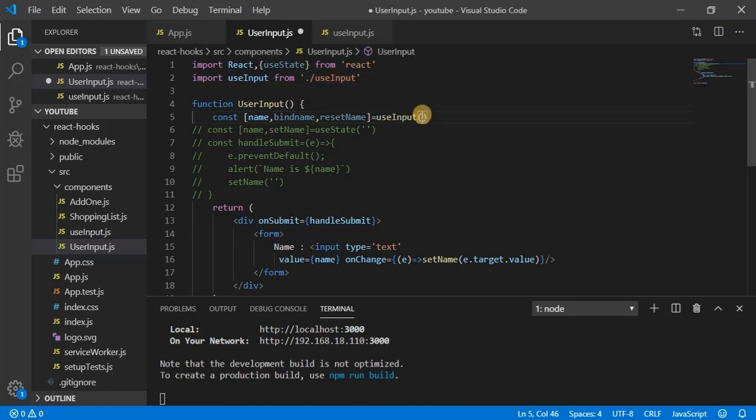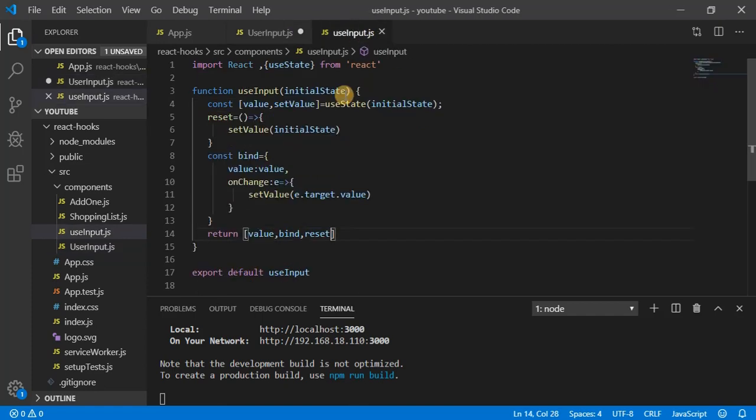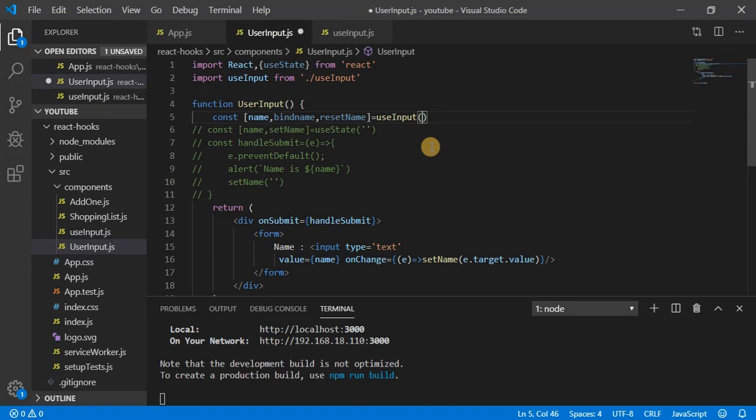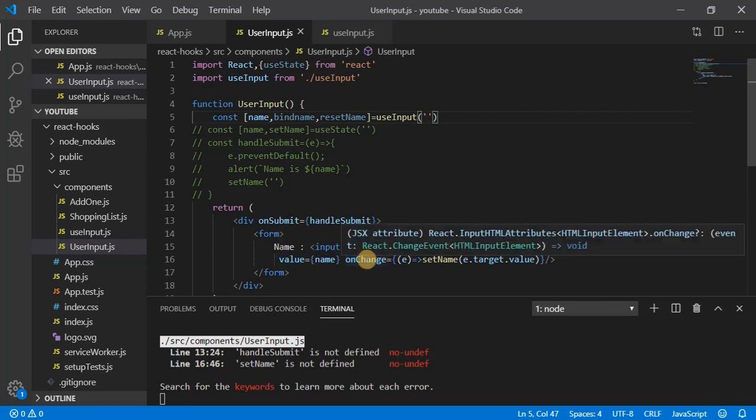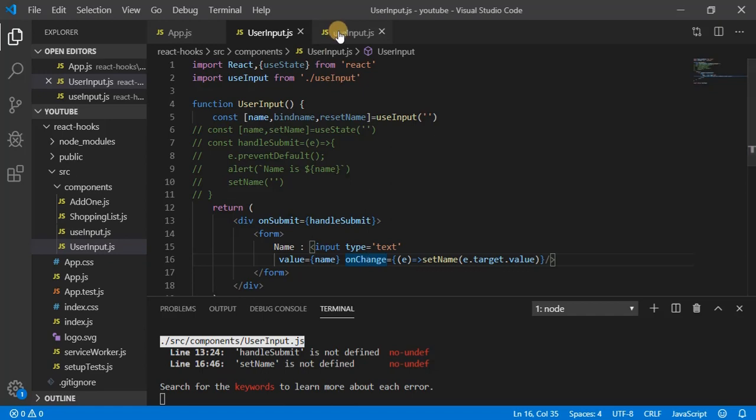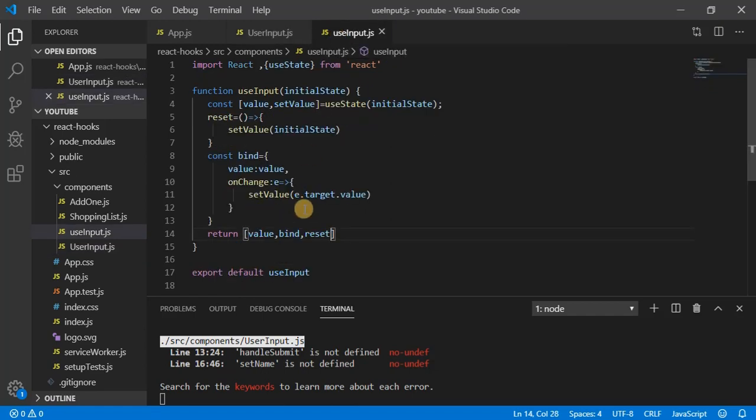Now just pass the initial state, because it's needed, and my initial state is going to be empty. Next, instead of value and onChange, you can see I wrote something like that here, value and onChange.